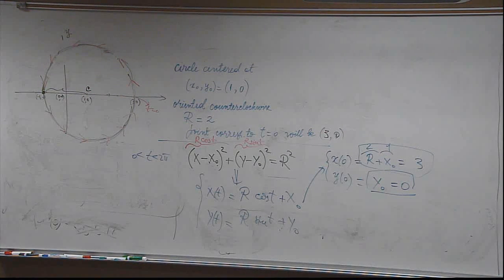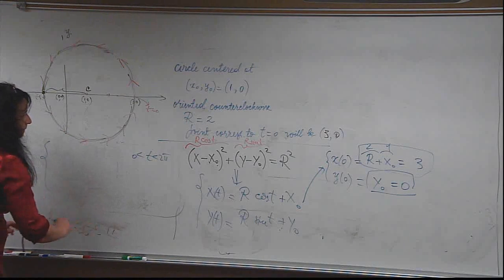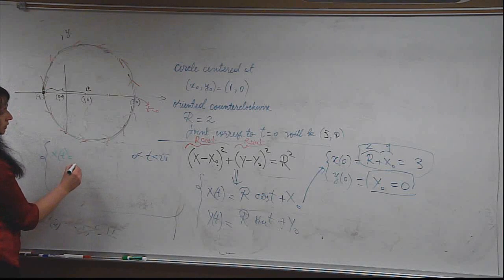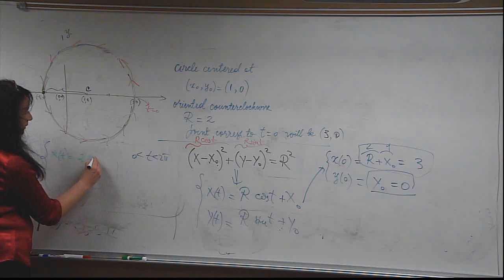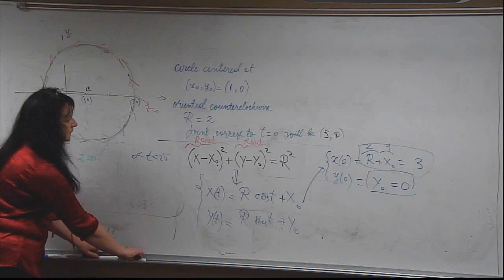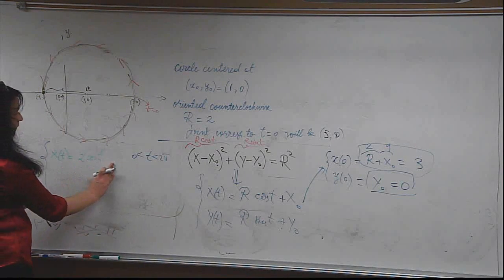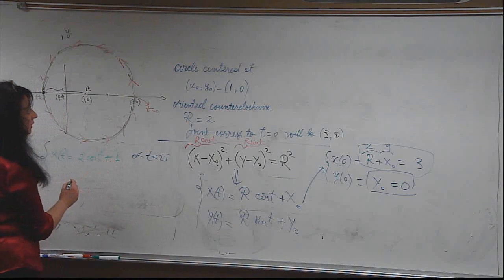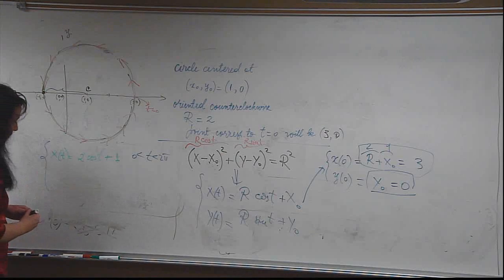what is going to be my bunch of equations? x of t equals 2 cosine t plus 1, and